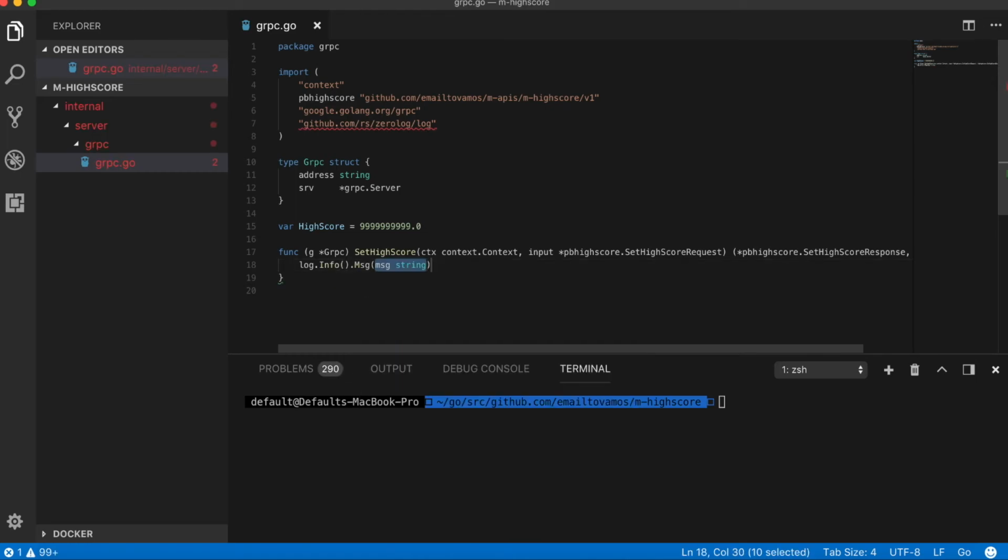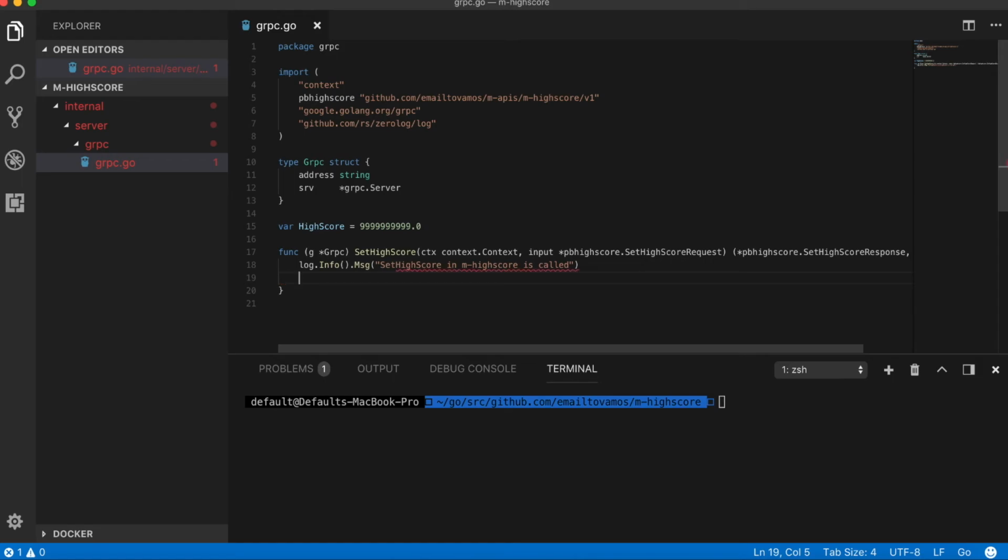Log.info.message. This is a typical way to log things using zerolog. So I can write something like set high score in high score is called,